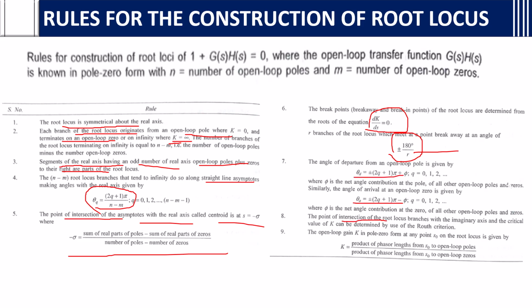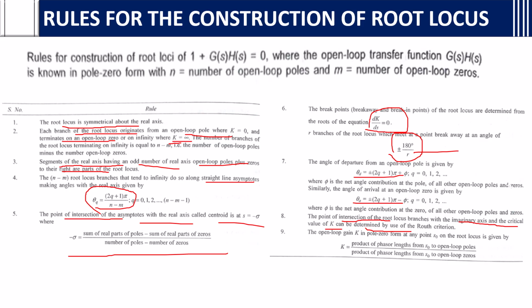Then the point of intersection of the root locus branches with the imaginary axis and the critical value of k can be determined by the use of what? Routh criterion. You can find the k value. Then the open loop gain k in pole zero form at any point S0 on the root locus is given by what? Product of phasor lengths from S0 to open loop poles by product of phasor lengths from S0 to open loop zeros. These are the 9 rules for the construction of root loci